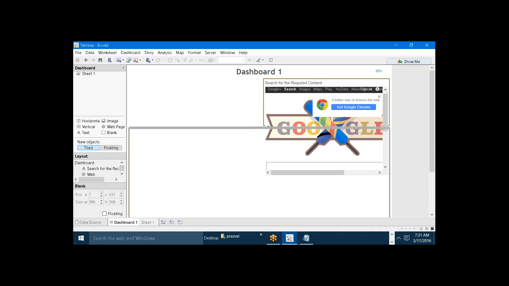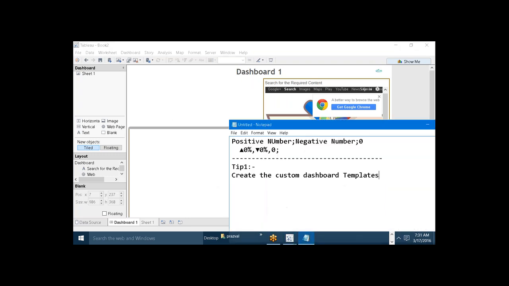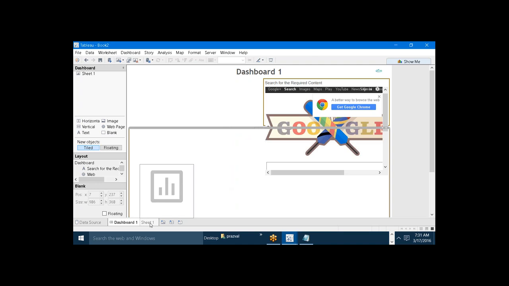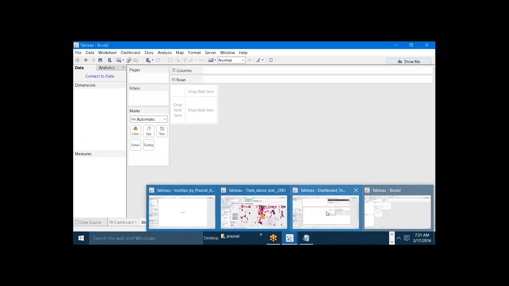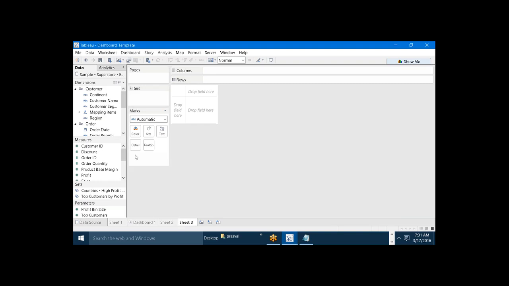And the second advanced tip, tip number 2, is create the custom formatting template. So before building any visualization, one important tip is just first prepare the required formatting. It means on the empty sheet,